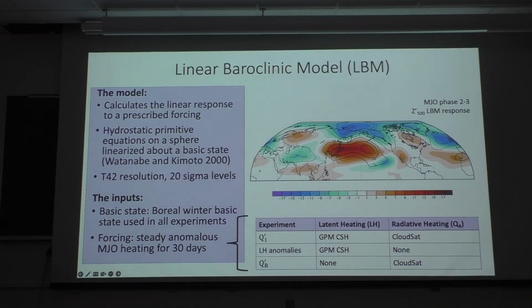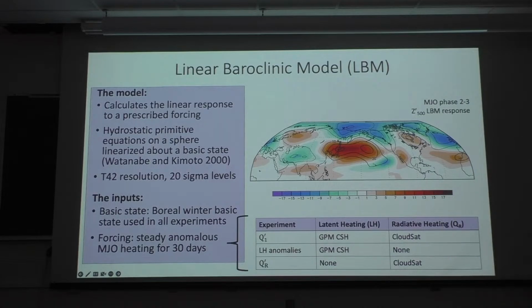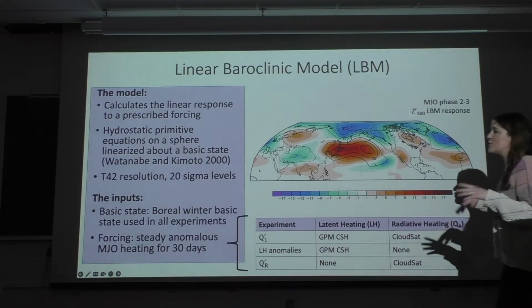Okay, so in the same way that all of our original Rossby wave studies looked at the Rossby wave response to heat sources in the tropics, we're going to do a very similar thing. We're going to use a simple model, which is specifically known as the linear Baroclinic model, or LBM, and we're going to input a heat source and see what the response is to the heat source. So this is the model that we're using. It essentially just calculates the linear response to a prescribed forcing,